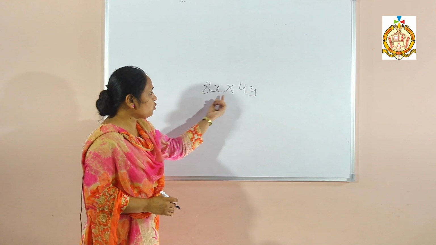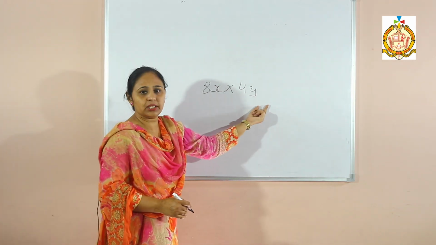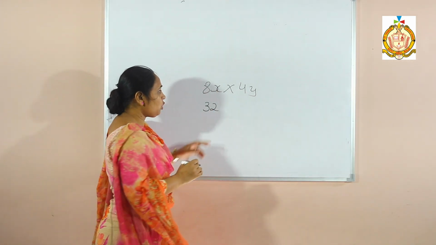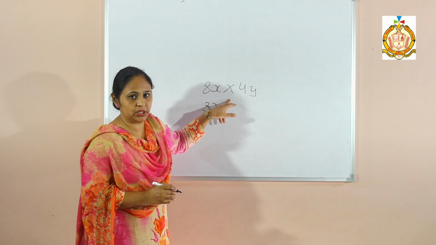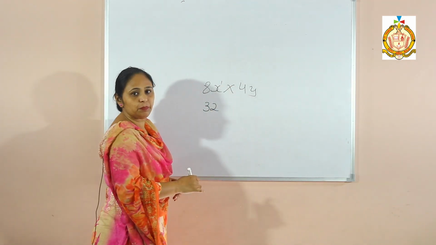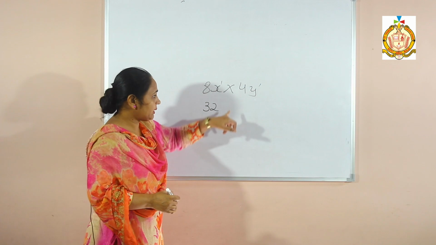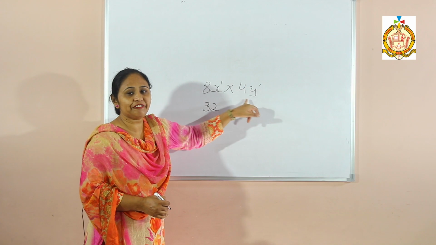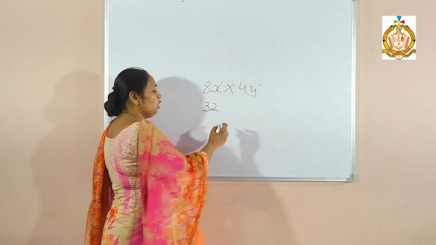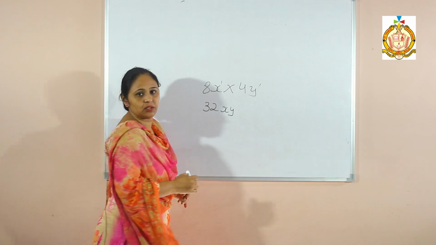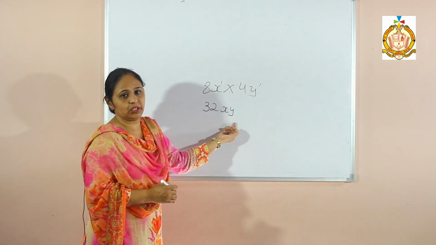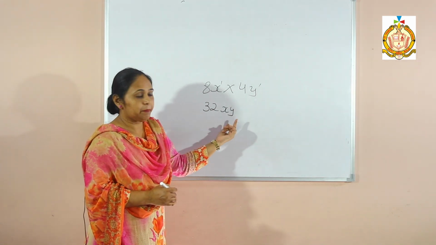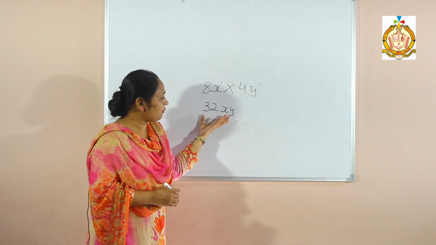Now, two variables are there. One is x, the other one is y. The numbers follow the same procedure, 8 4s are 32. Now we can't add the powers of x and y. You see there is one power here and also one power there, but there is a variable x and a variable y, and we can't multiply different variables. Then how to write it? We will just write x and y. Don't add the powers of different variables. If the variables are the same, then we can add and subtract the powers. But if the variables are different, we just have to write them.